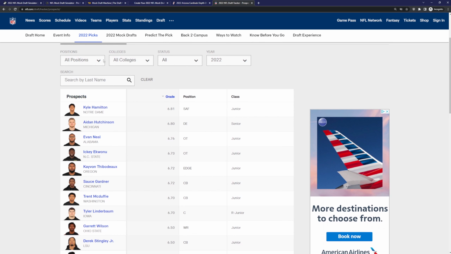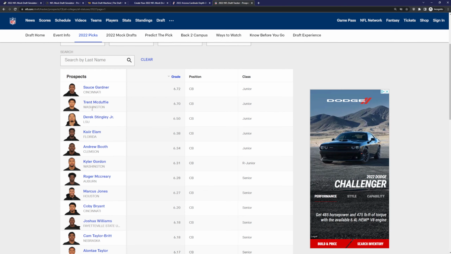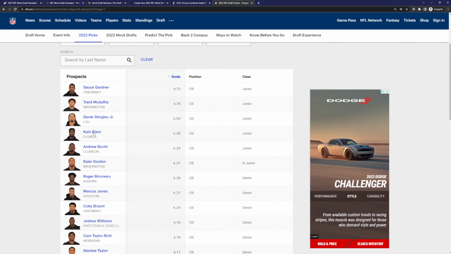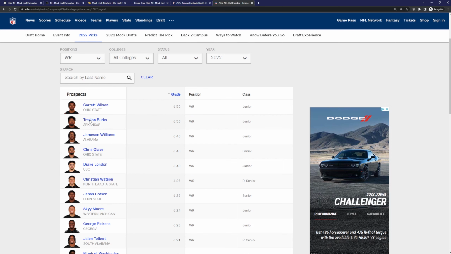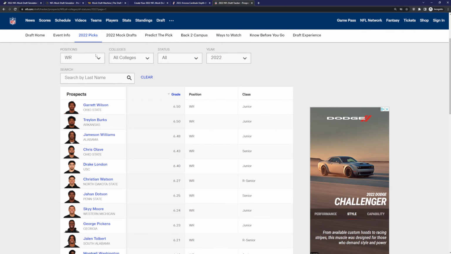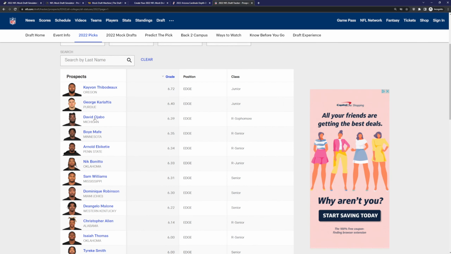Let's look at the draft tracker for cornerbacks. This has Ahmed Gardner, number 1. It has Kairi Lam over Andrew Booth. I don't know a lot of these other players, but that's a very good possibility. This has Treylon Burks as the 2nd best wide receiver, based off of whatever this bases it off. That could be good as well. And then edge rusher, David Ajabo, Boyamafe. I think